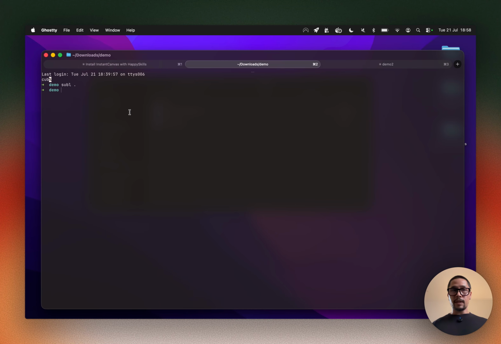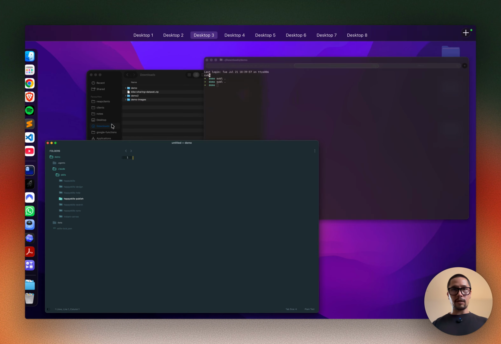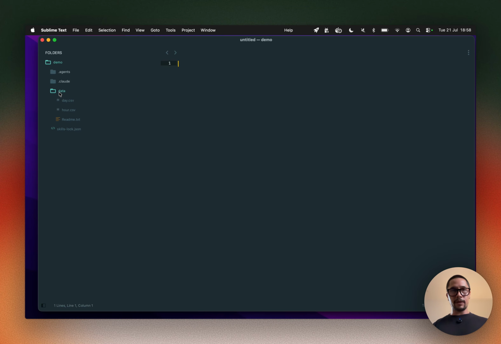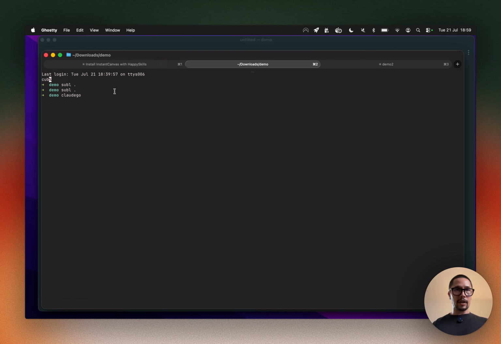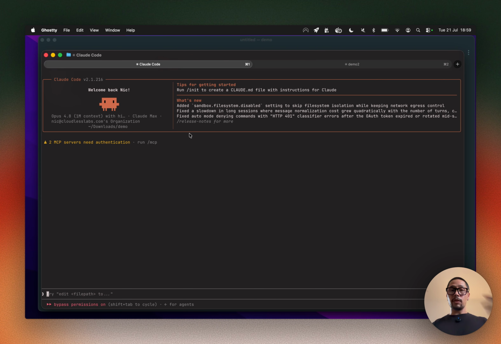So now if you want to see what it looks like in the code editor, you can see I get my Claude folder here. These are all the HappySkills that help to manage any skills you want, including authoring yours or creating new skills, and we have here Instant Canvas. So Instant Canvas is now in our project, and we also have the data that we want to wrangle, which are just here. So if I reopen code here, all right,